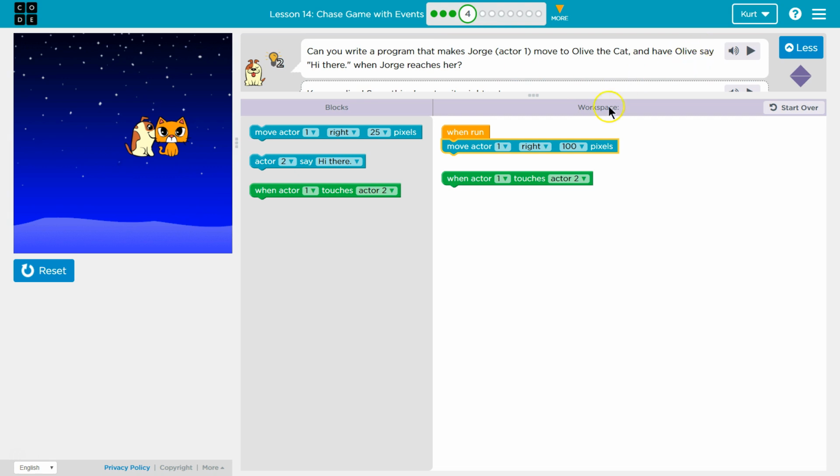Say hi there. So when actor 1 touches actor 2. So if I want him to say hi there, when George reaches her, I want him to say hi there. It looks like this block will detect when I reach her. So instead of attaching it up here, I can go